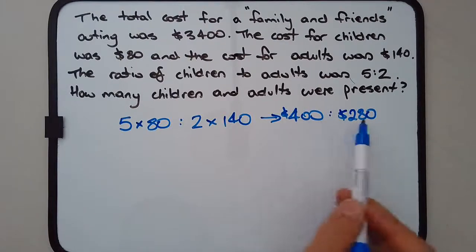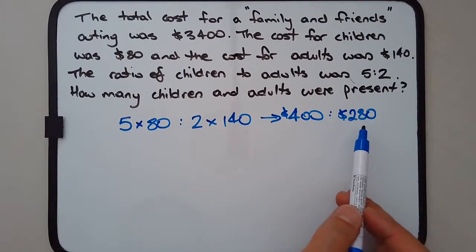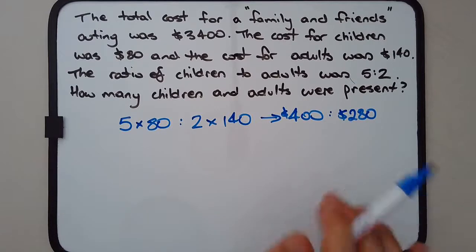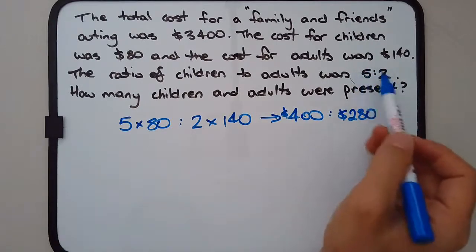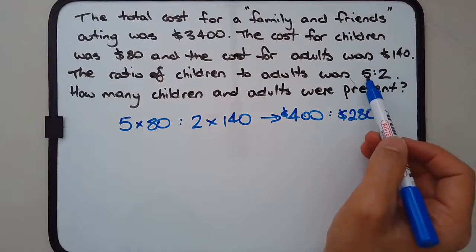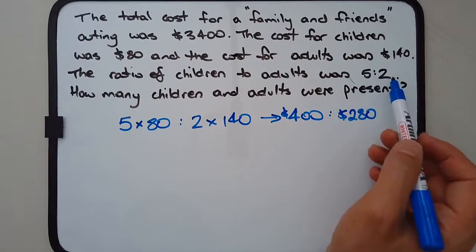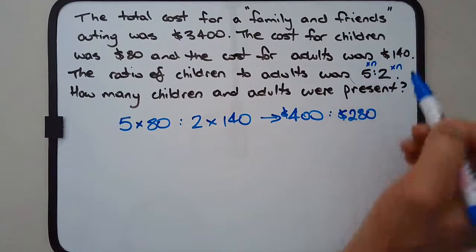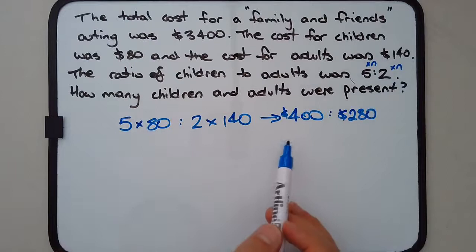Now, if you add the two terms of the ratio together, 400 plus 280, which is 680, a multiple of that will equal 3,400. And once we find out what that multiple is, we could then multiply the original ratio by that multiple and work out the number of children and adults, because it's going to be a multiple of 5 and 2. It's the same multiple, by the way. So what we need to find is an n, an equivalent ratio, so that when you take into account the costs, the sum of the costs will